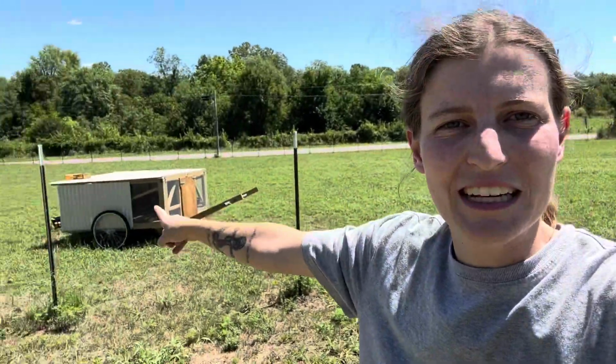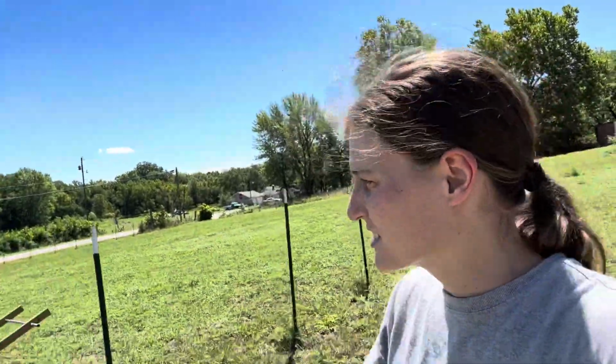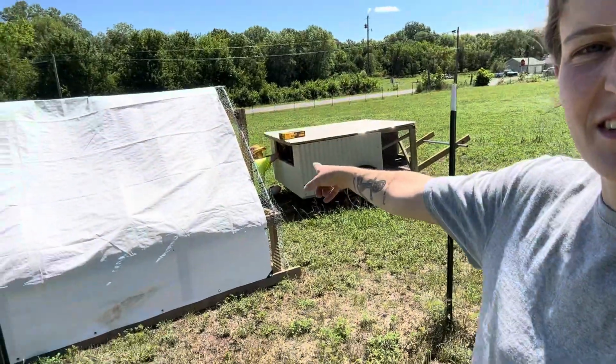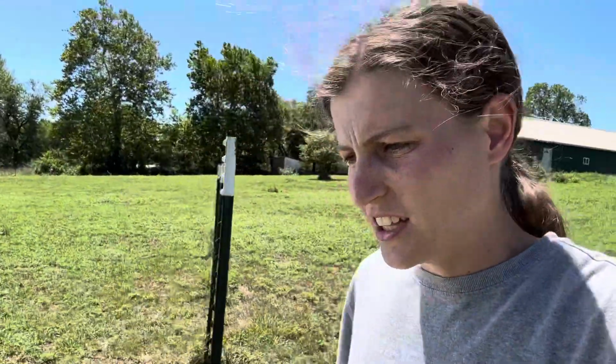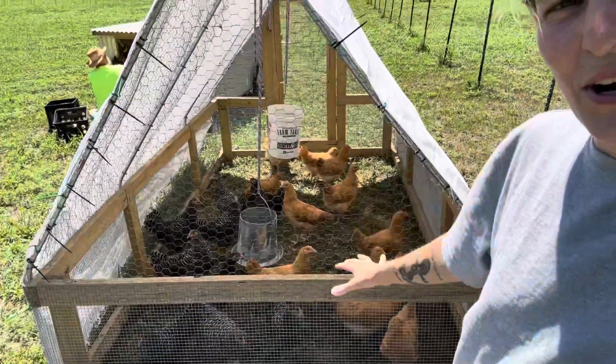You can hear Big K doing some work on the chickshaw. He's trying to make sure that the nesting boxes will fit. I'm going to show you, he's working on the back by the nesting boxes. The chickens are big enough to go out